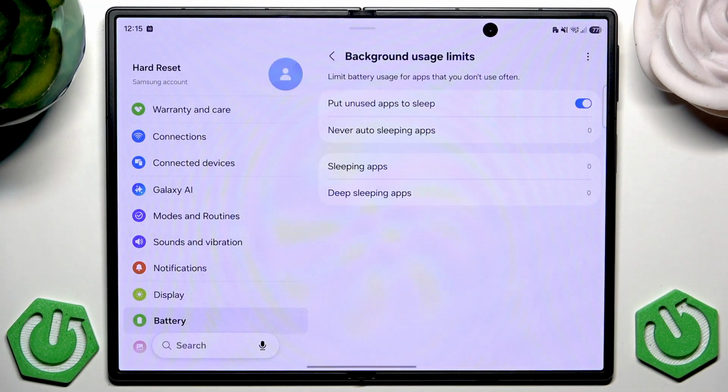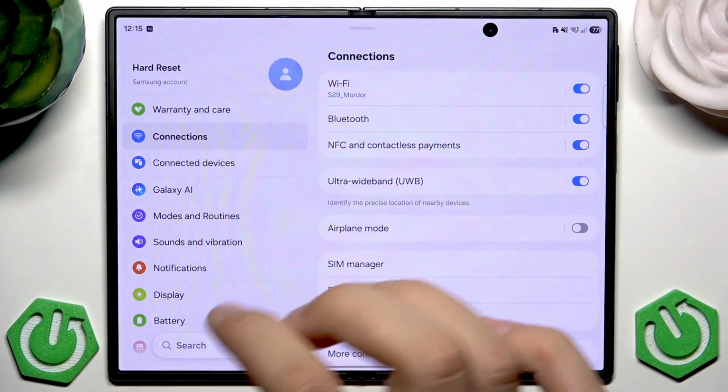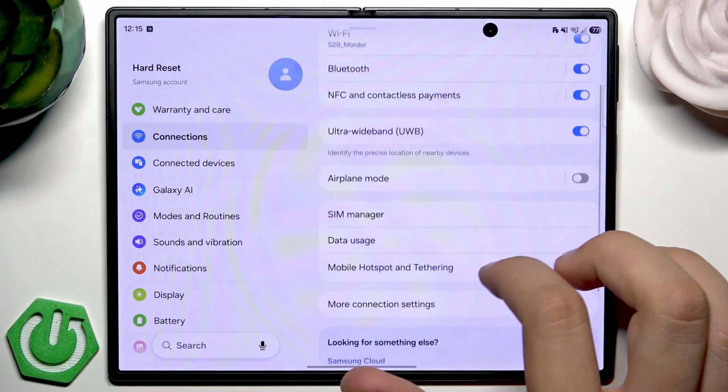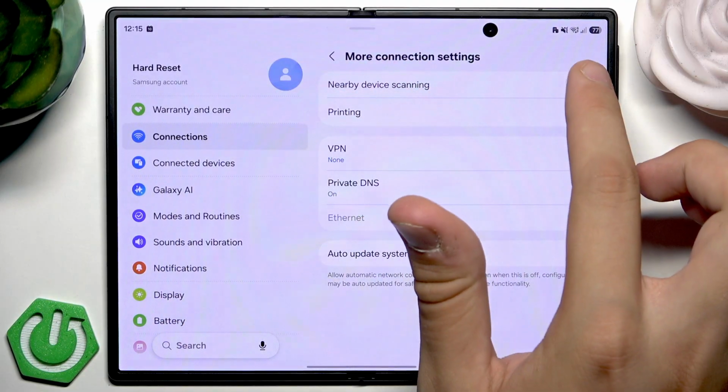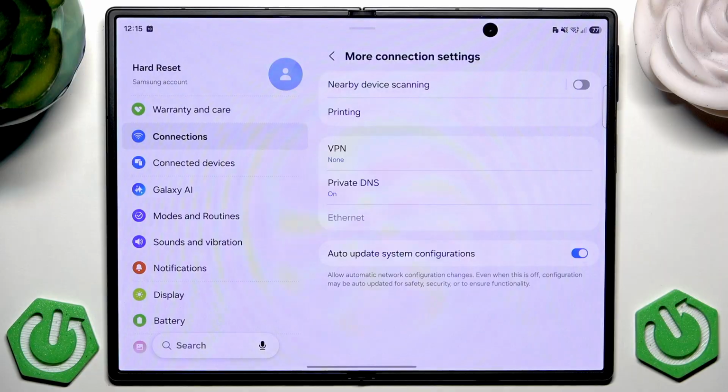So what else can I recommend? Open connections and tap more connection settings right here. The first option here is nearby device scanning. Disable it. Your phone constantly broadcasts Bluetooth and Wi-Fi to detect nearby accessories or smart things hardware, which drains the